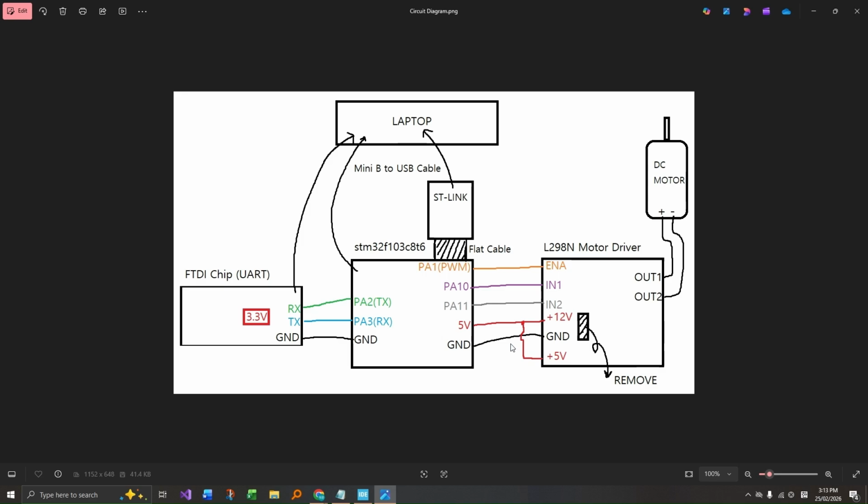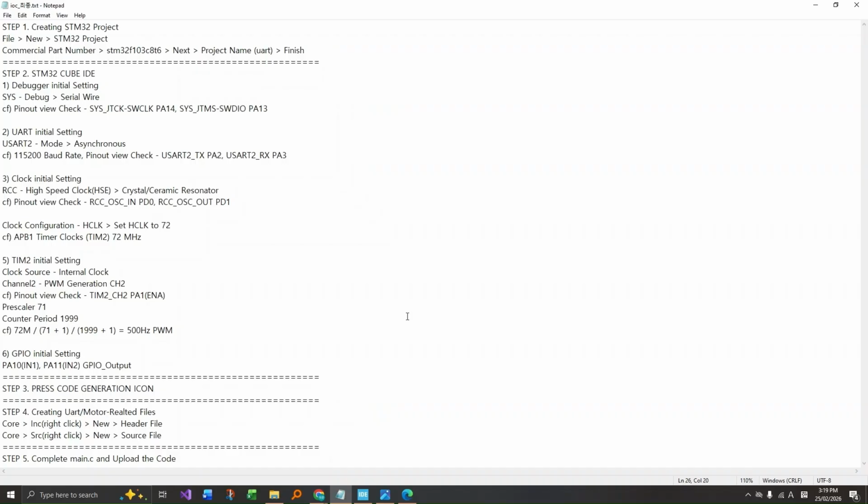Hello everyone, in this video I'm going to show you how to control a DC motor in forward and reverse direction using UART and PWM. If you want to follow along, please build your circuit based on this diagram before starting. These are the entire steps to take to rotate the motor, but let's focus on UART and timer 2